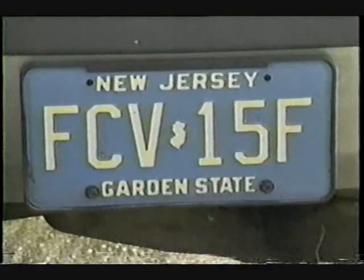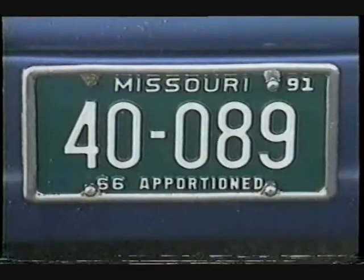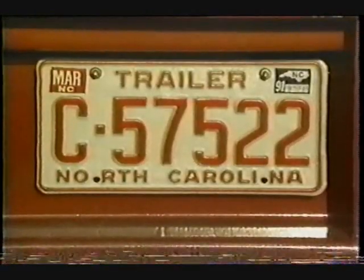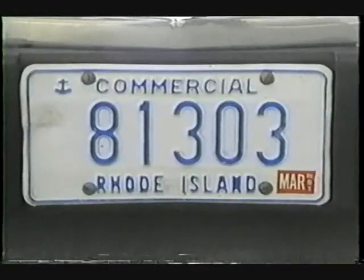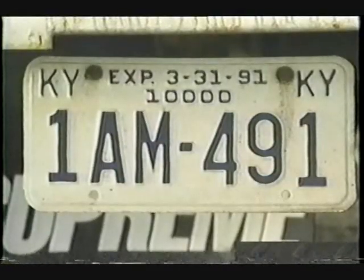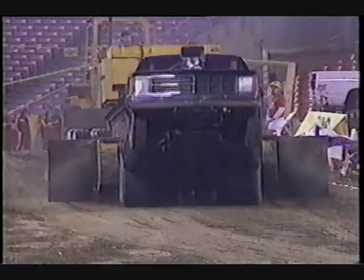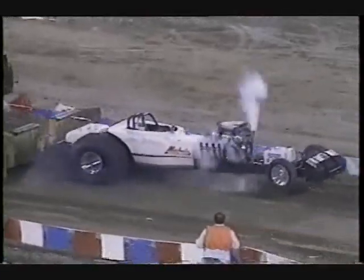Truly, America's sport, as you can see, license plates from all over the country coming in to watch the monster trucks do battle at the Nassau Coliseum. We're seeing them from all across the country, and we're going to show you action from all across the country today here on Super Trax. Because while we've got the monster trucks locked up in the Nassau Coliseum, we'll also jet all the way across the country and take you to Anaheim Stadium for the sheer outright power and the excitement of two-wheel drive tractor